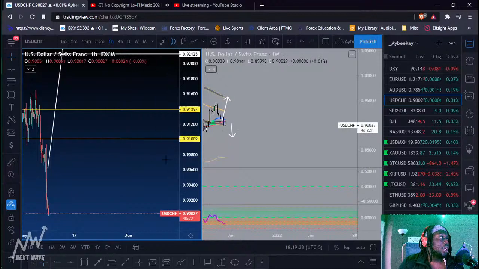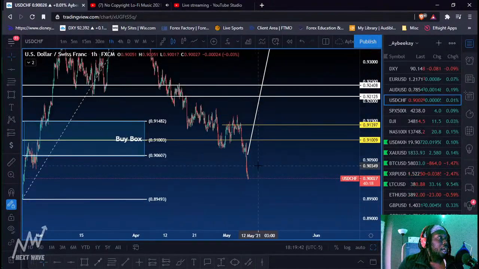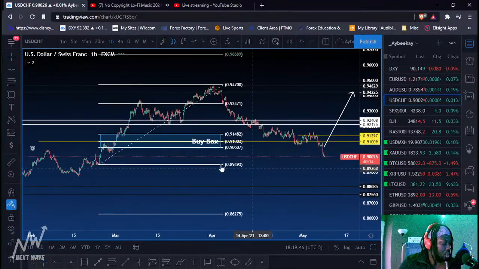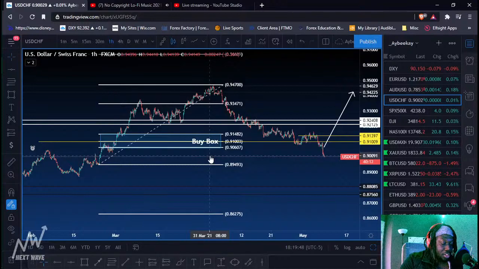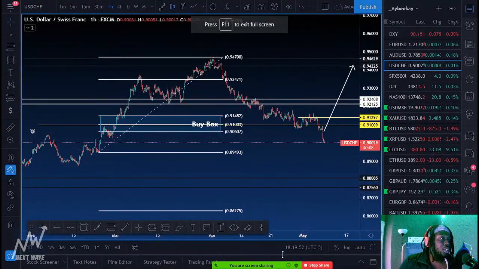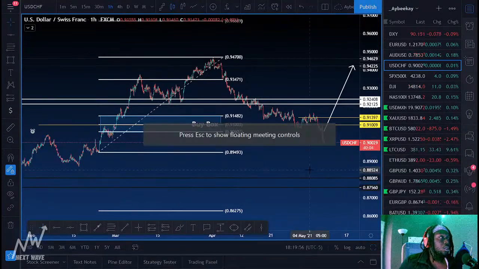USDCHF, I'm so glad that I didn't try to get into my swing. I'm glad that I was just trying to play intraday moves. First of all, let me move this to full screen and see if there's anything in the chat. No, nothing. Good. Nothing. Okay, so